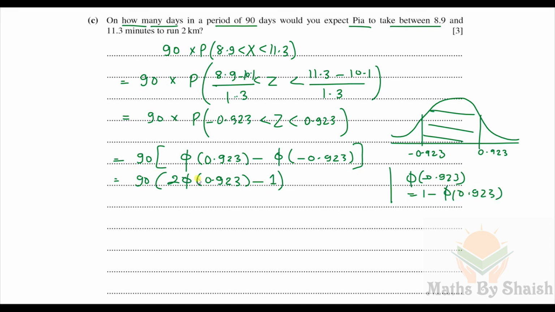We know this value from the distribution table, 0.822 minus 1, which is 90 into 2 into 0.822 minus 1. This total value is